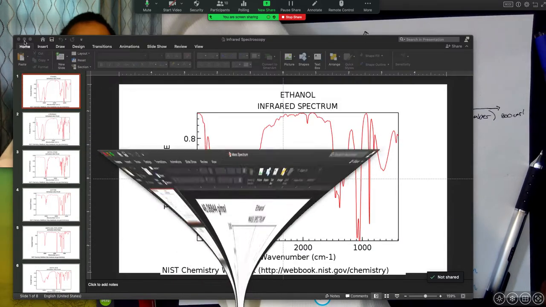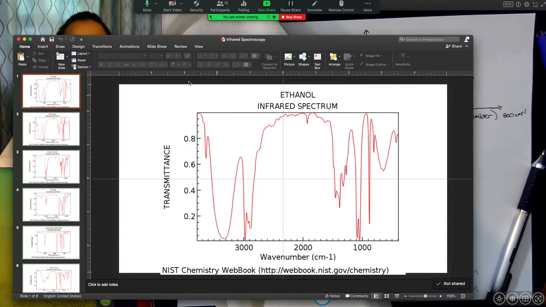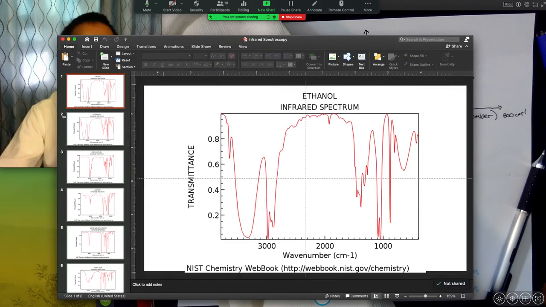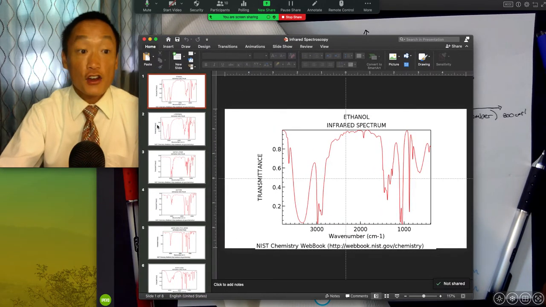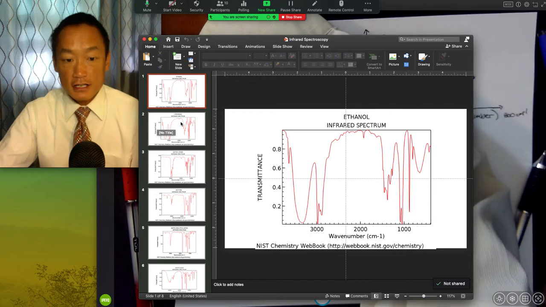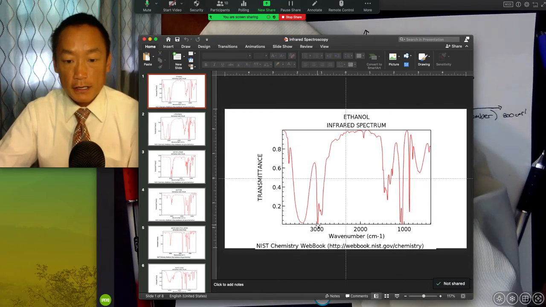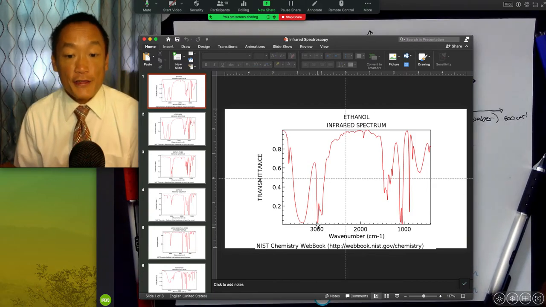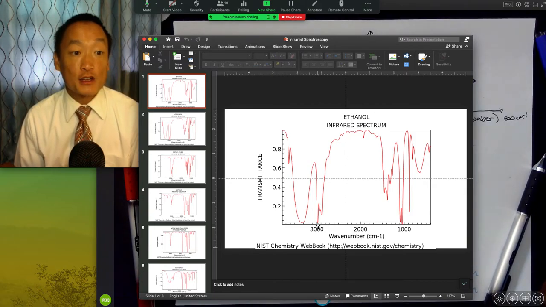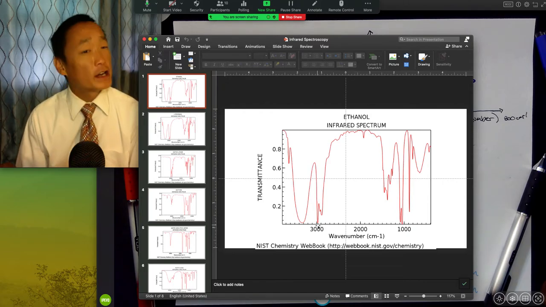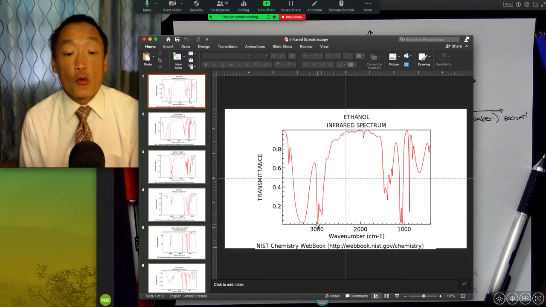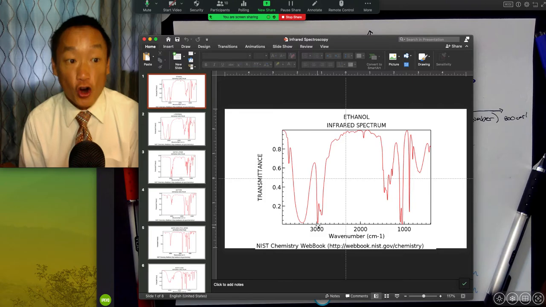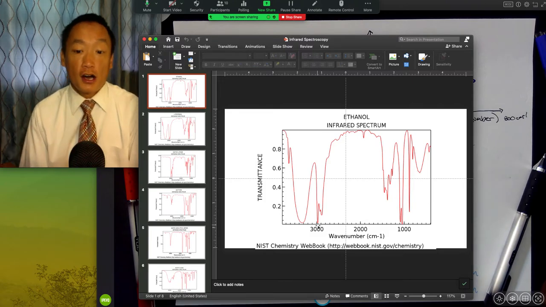Here's the infrared spectrum of ethanol. And so what I'm suggesting here when we look at this infrared spectrum of ethanol is that here is the wavelength of light, 3,000, and at 3,000 there was something in that molecule that absolutely started to flip out and start vibrating incredibly fast when it encountered that wavelength of light. And it just so happens that is a carbon-hydrogen stretch.